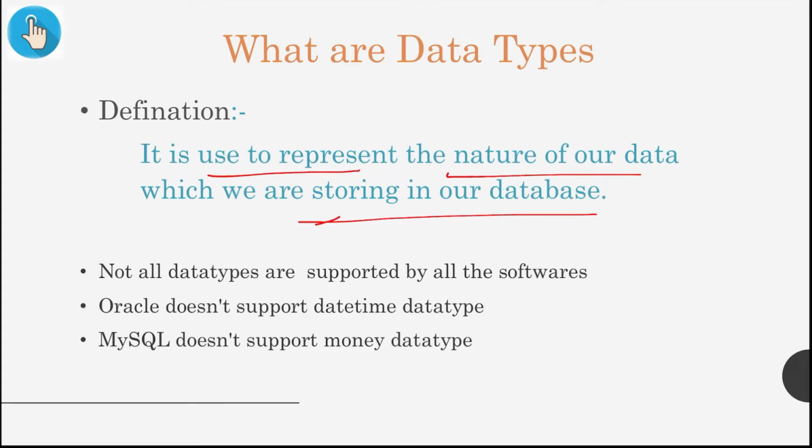So unlike humans, a computer doesn't know the difference between 1, 2, 3, 4 or ABCD or the special characters. We can also say that we know the difference between the phone number, address, or the dollar sign, at the rate sign, etc. But how does the computer know all these things? So we have to instruct them, and for instructing them, we use data types.